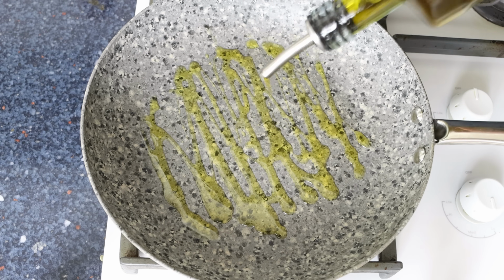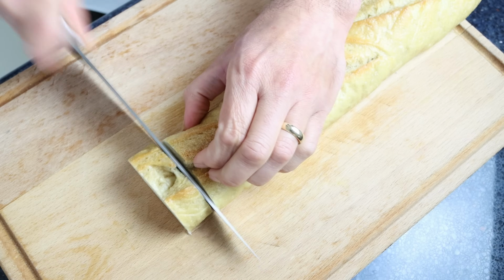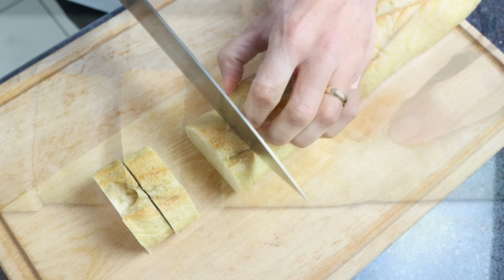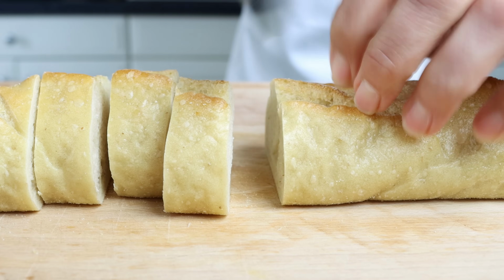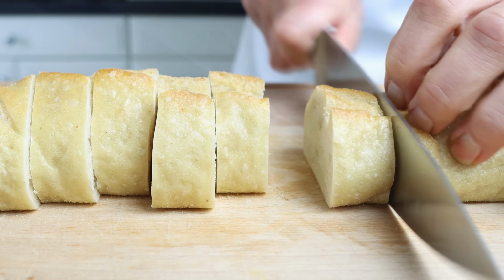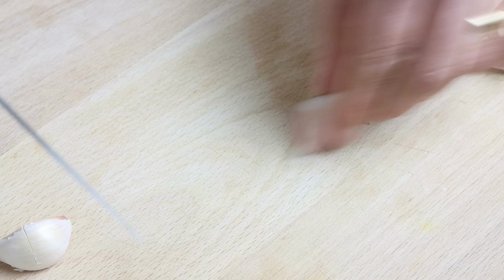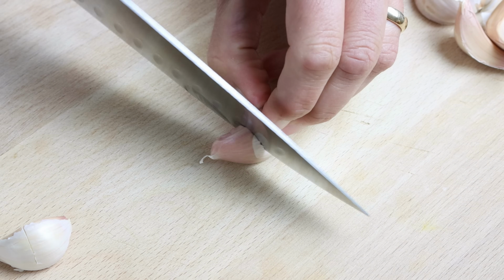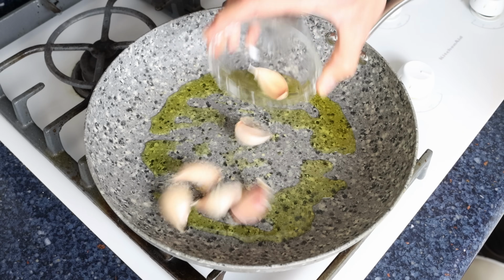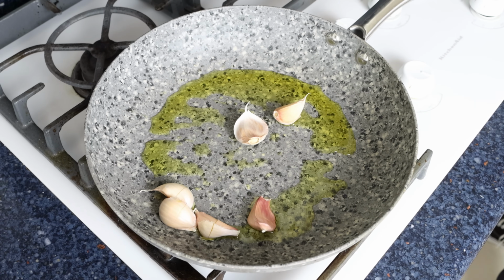While the oil is heating, I'm going to cut 12 slices from a baguette, each one being 1 inch thick, which is about 2.5 centimeters. And we'll also cut a slit on 6 cloves of garlic, making sure to leave the skins intact. Then we'll add the cloves of garlic into the pan with the hot olive oil, and we'll mix them